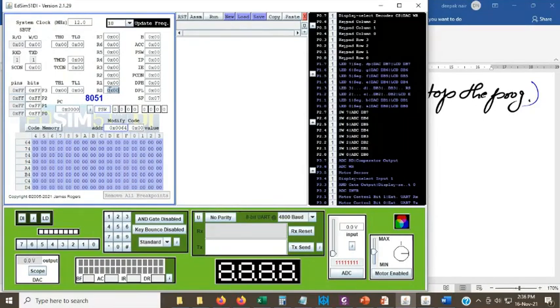I will show you how you are going to check which key is pressed. Here you have the keys. If you hover your mouse over the keys, you can see key 0, key 1, key 2, key 3, key 4, key 5, 6, 7, 8, 9, 10, 11. You might be having some A, B, C depending on whichever version of this software you are using.